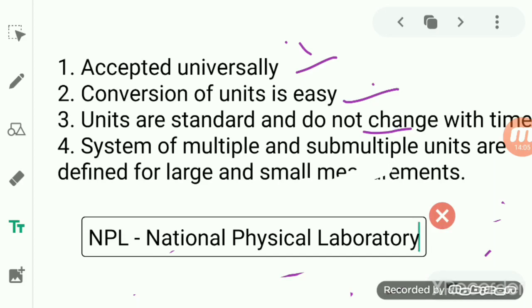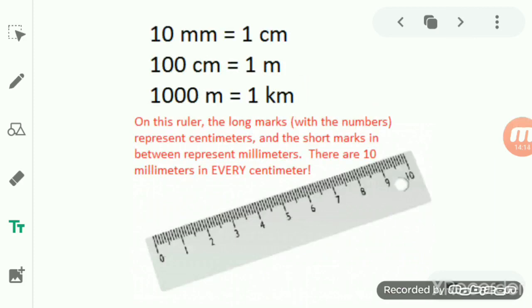Now we will understand how we can measure different quantities, starting with the measurement of length. When we talk about the measurement of length, first of all we should understand the term length. What is the meaning of length? We can define length as the extent from one end of the object to the other end. If this is A and this is B, then the length is from one end A to the other end B.